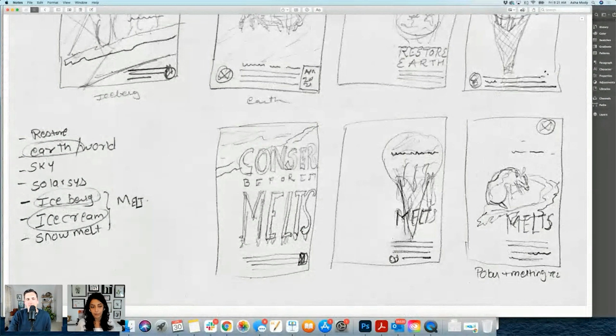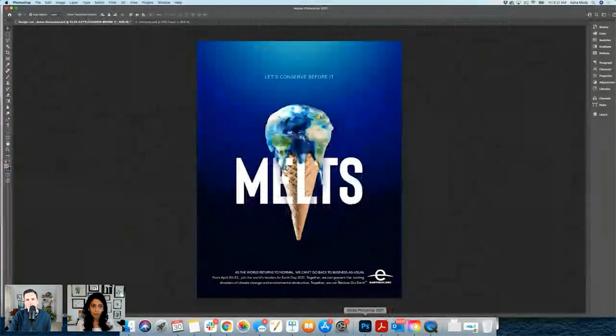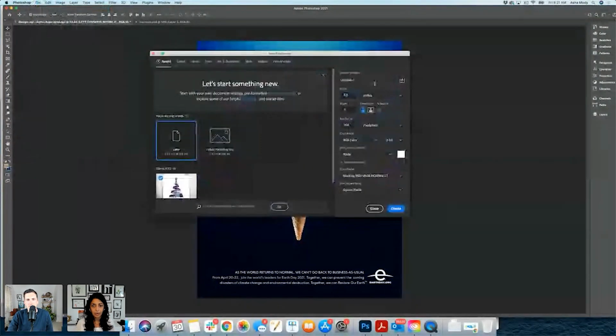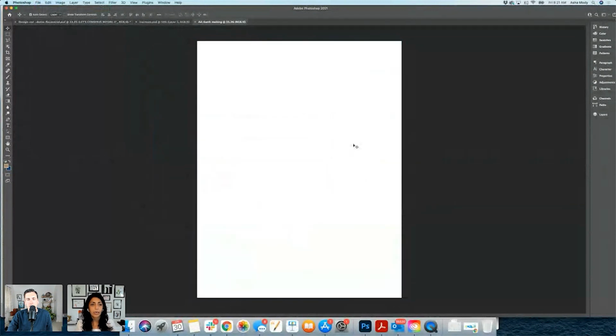So I'm highlighting a couple of keywords: earth, iceberg, and iceberg. This is the final product, but when I start, I always open a new document, and I know this is going to be an ad. I'm just saying earth melting, and I give it a name. This is going to be their magazine ad, and they can also run it as a flyer. So I'm doing 8.5 by 11 with 300 resolution. I'm putting RGB color, but if it's going to get printed, I'm going to change the color mode later. So I'm just creating a basic document first and starting on the ingredients.